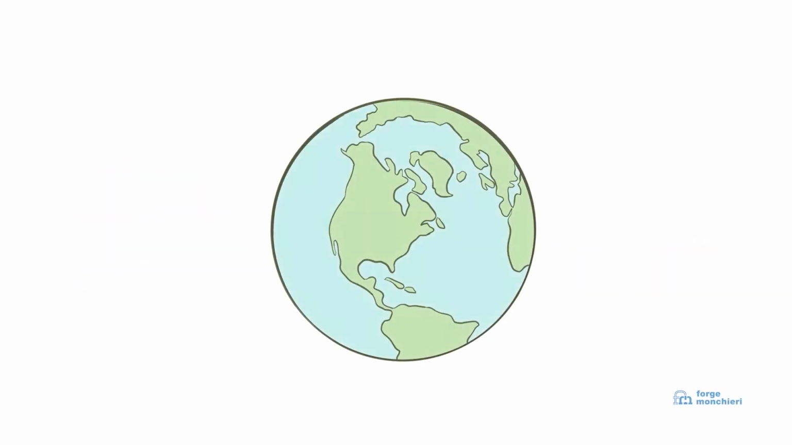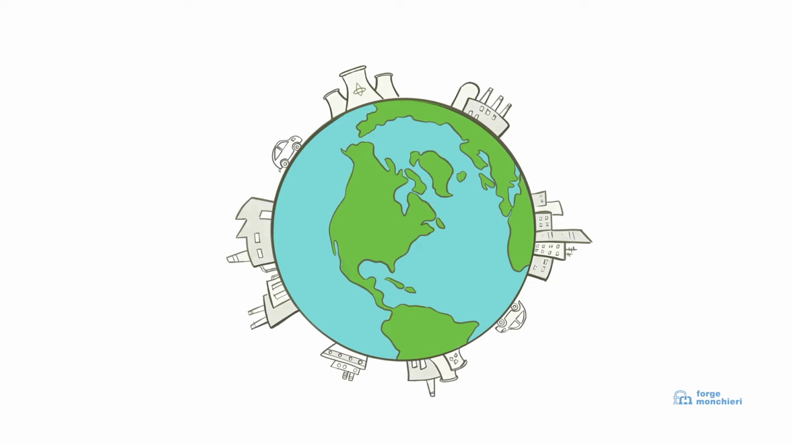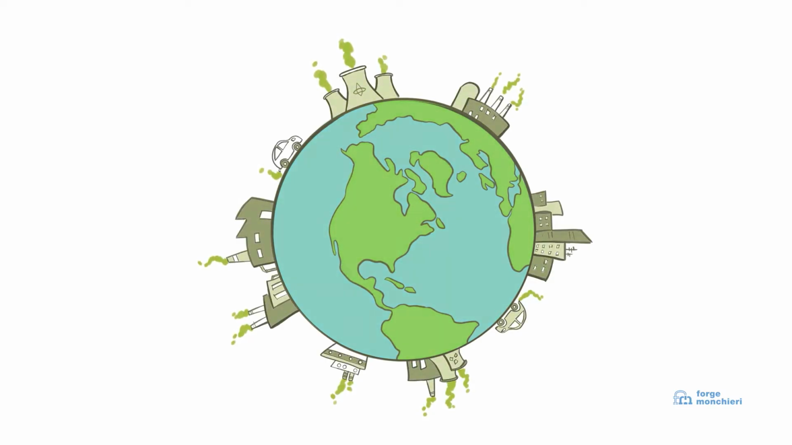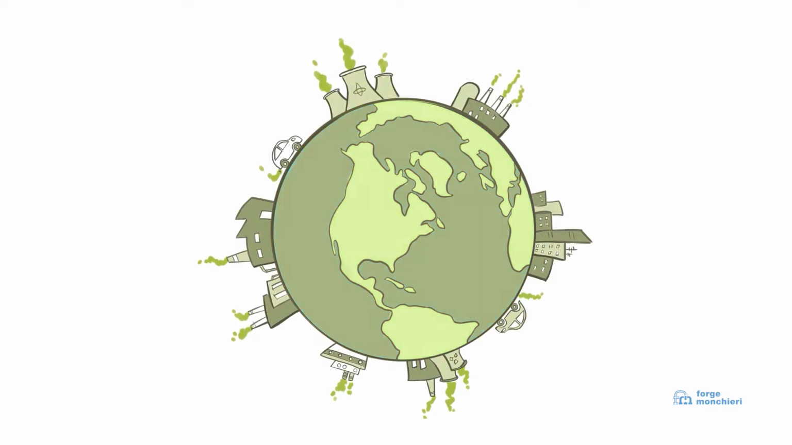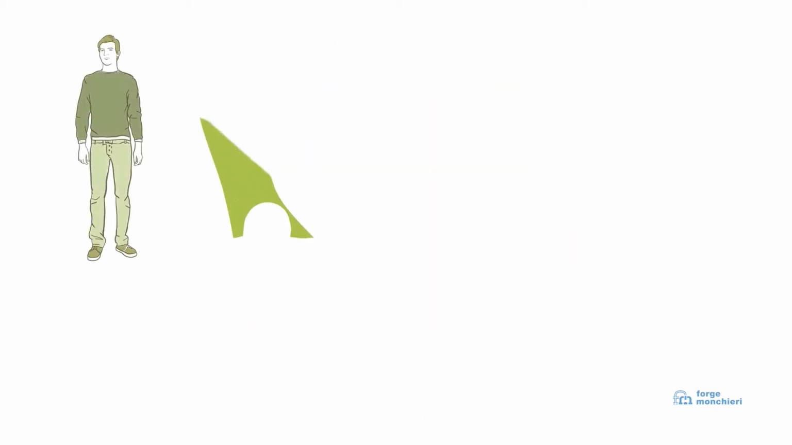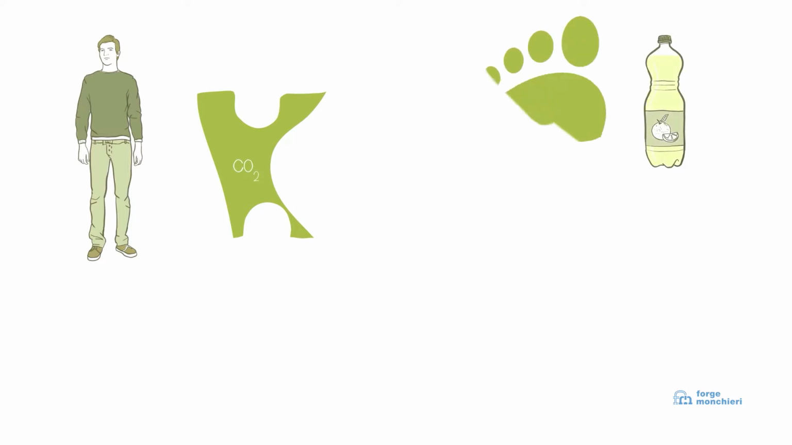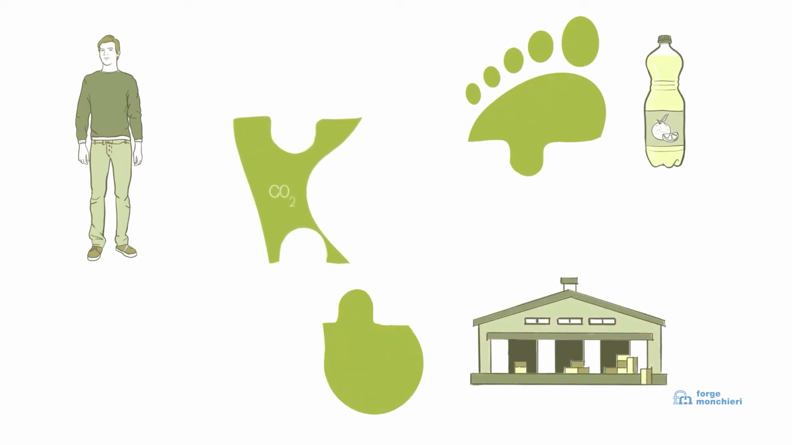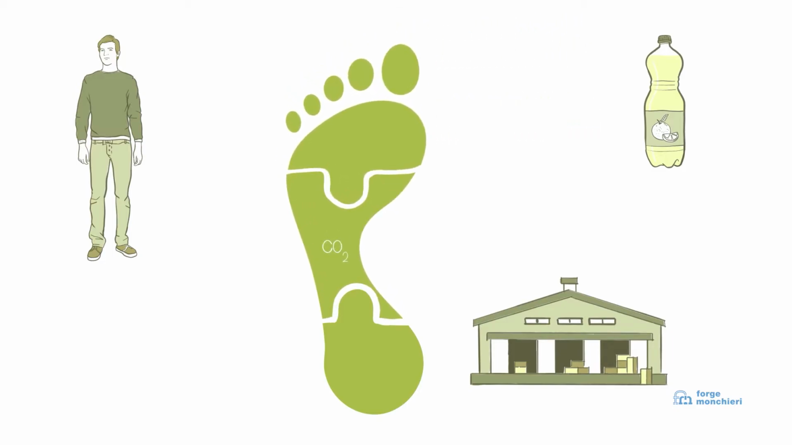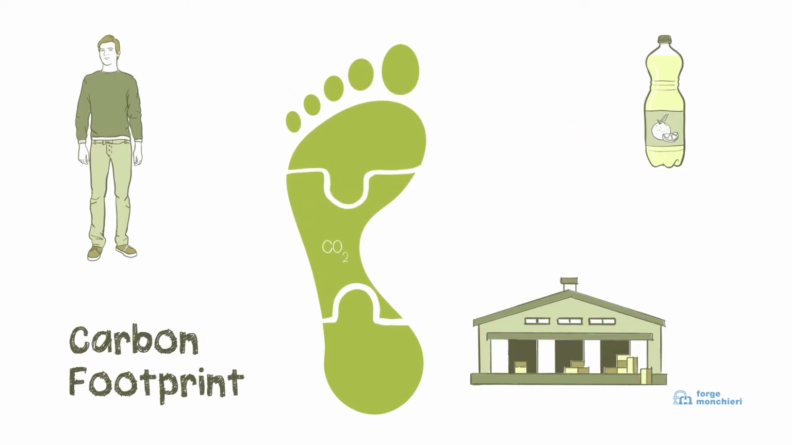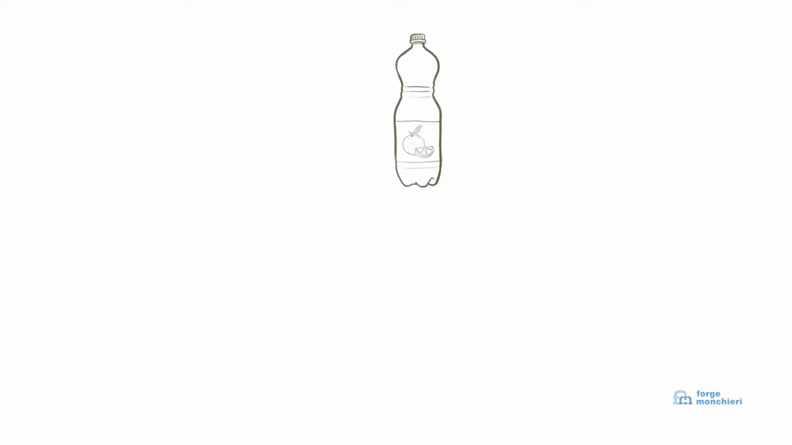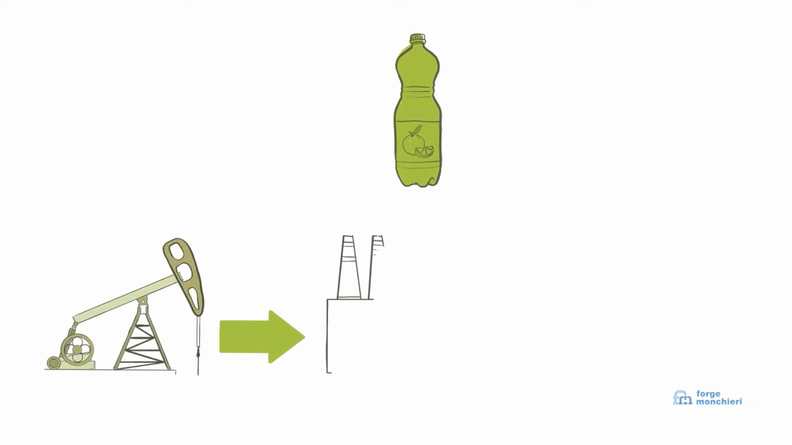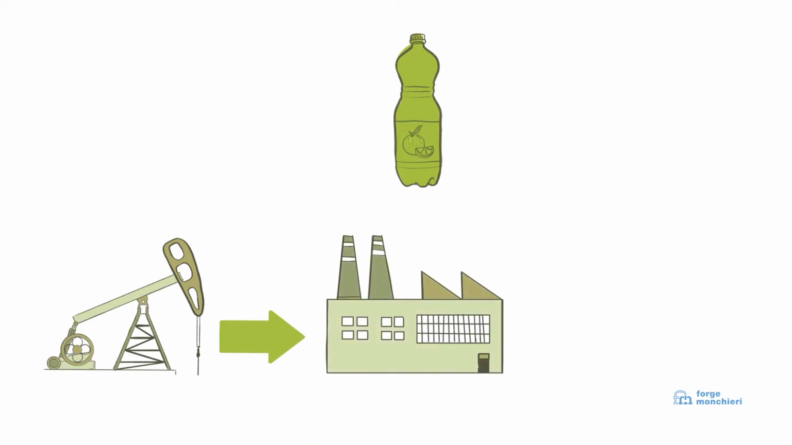Some of the biggest environmental problems arise from the emissions of substances into the atmosphere that change the balance on our planet. The amount of emissions expressed in tons of carbon dioxide, CO2, associated with all the activities of a person or other entity, such as a product or organisation, is called the carbon footprint. The carbon footprint of a product includes all greenhouse gas emissions throughout its life cycle, from raw material extraction to